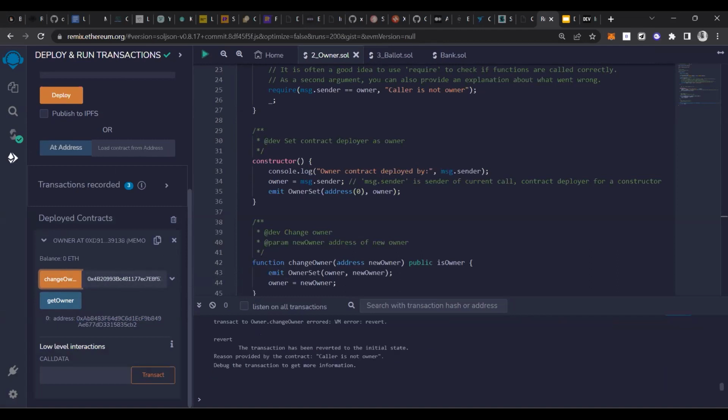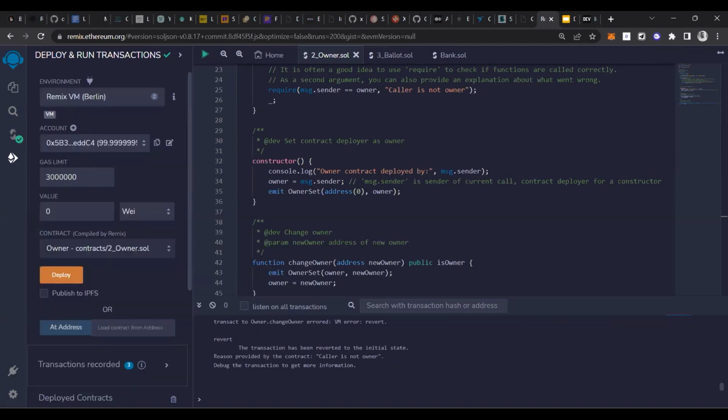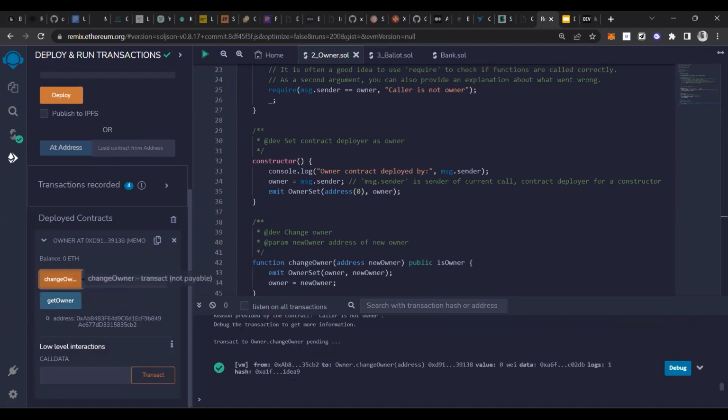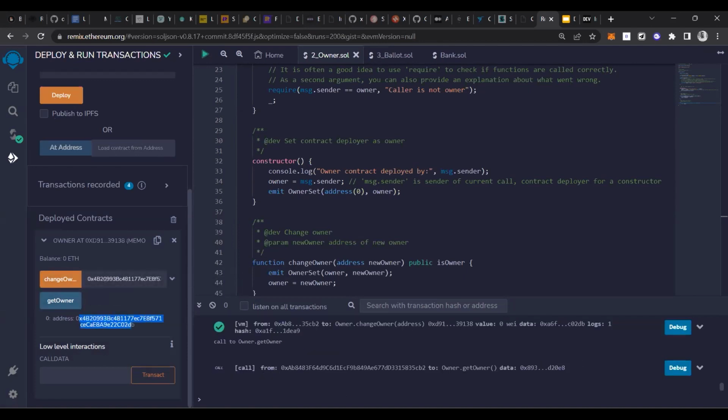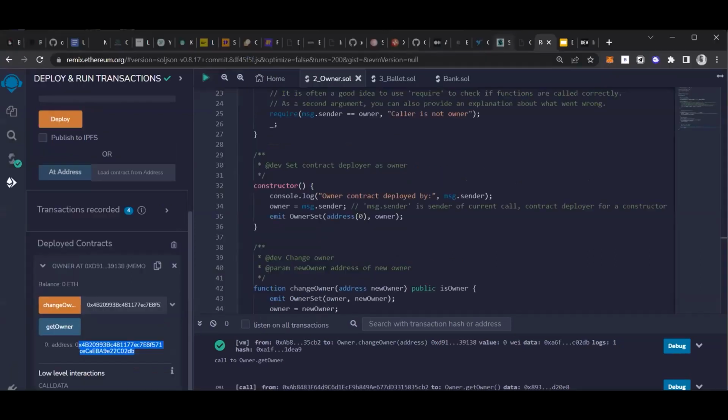So if we still want to change, the current owner is AB8, so from that address we do the change, and here you can see we changed the owner. So this is a simple type of smart contract.